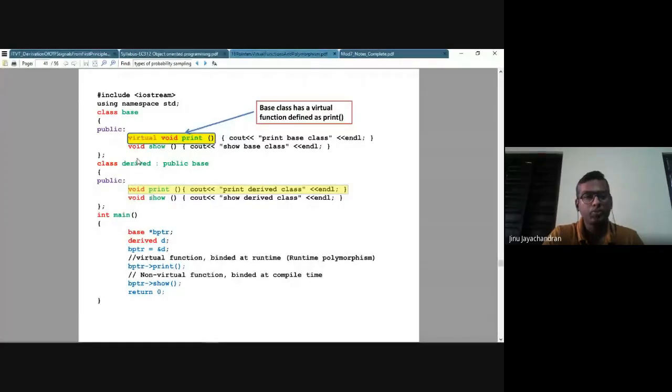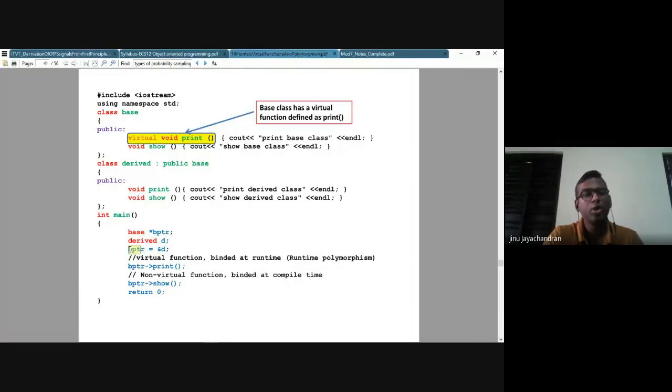Now, in the main function, you are creating a pointer of the base class, and an object of the derived class. Then you're assigning the base class pointer the address of the derived object.